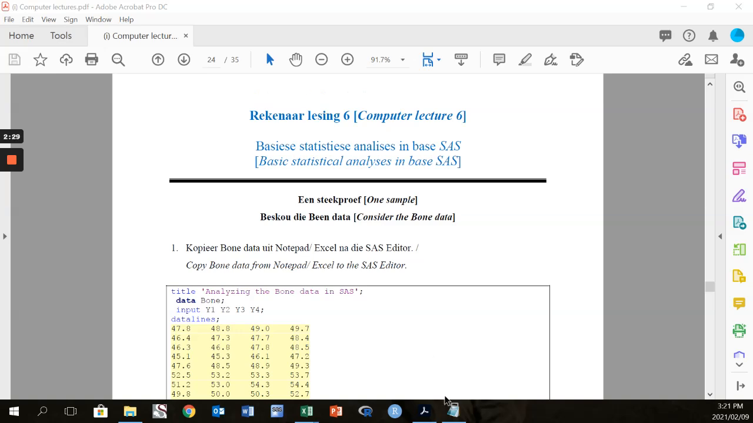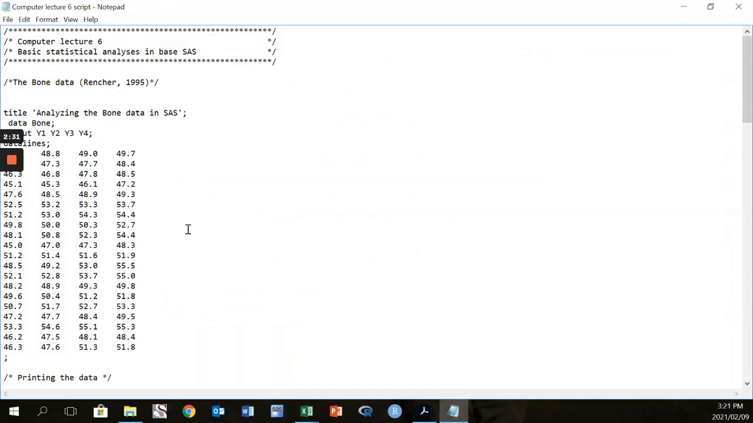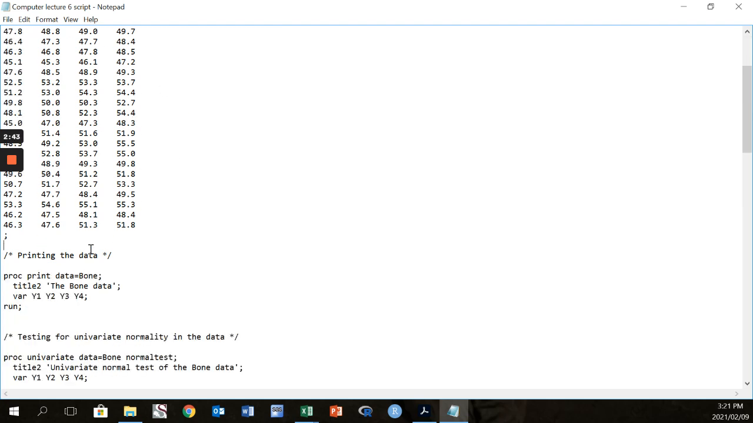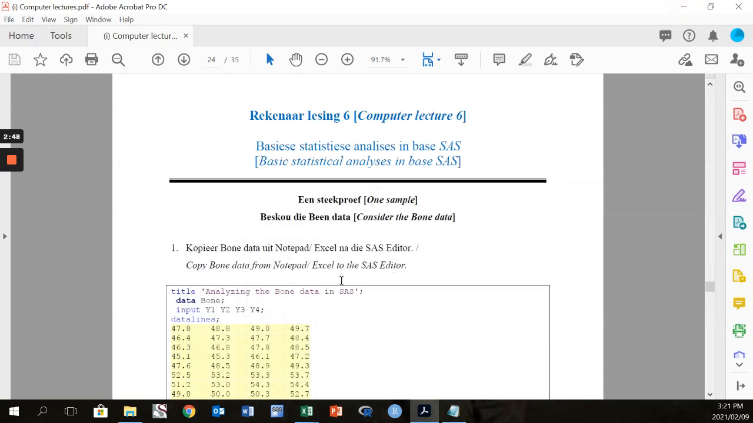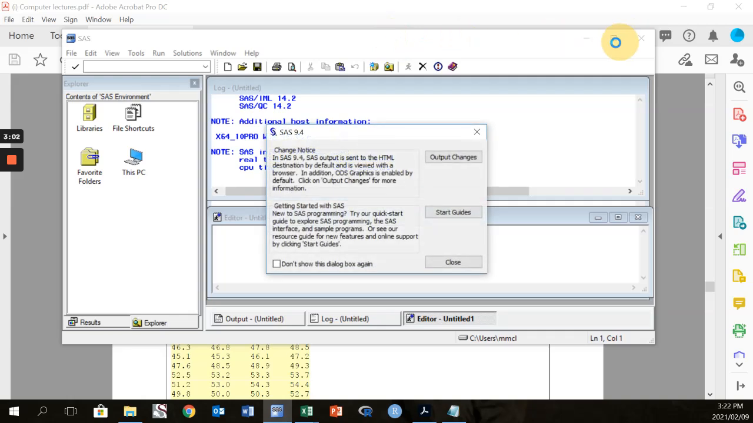SAS, and what I did is I prepared again a script. So this is just a text file, and this is again to make things easier to copy and paste, and I'm going to use this to illustrate the SAS package. Okay, so SAS, what does it look like? So this is the icon, what it looks like, and then if you open SAS, this is what the package